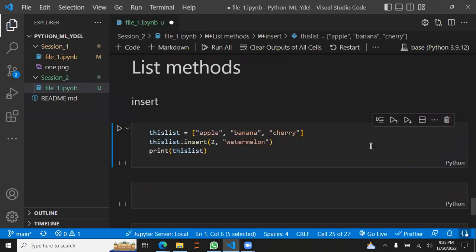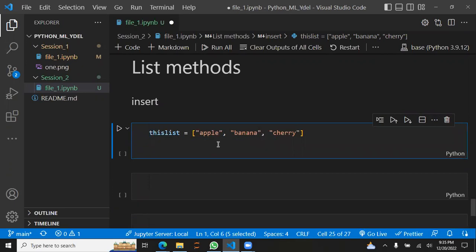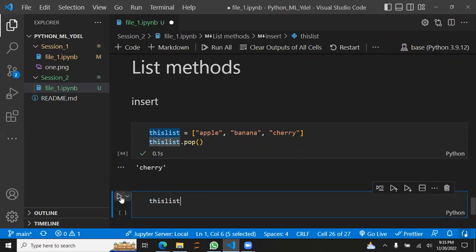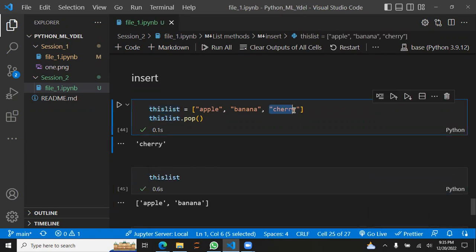Okay, so let's suppose we have a list. You had a question last time and I told you we can use insert. I was telling you we can push and pop like the atoms. If I do list dot pop, it pops out the last element from the list. If I run this, cherry will get popped out and our new list will not have the last element. And you had a question that if we want to insert at a specific index,